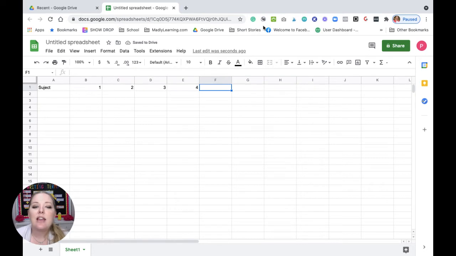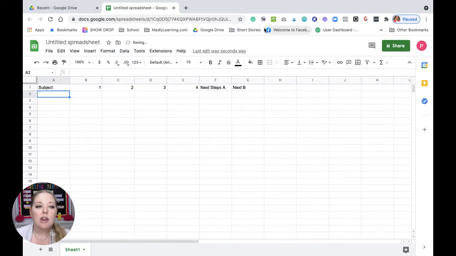And then in the following columns, F and G, you're going to put next steps. Now, these next steps are going to be general, universal next steps that I could use with my students. I normally like to do a level 3, 4 next step and a level 1, 2 next step. So I would put next step A, and then in the next column, next step B.